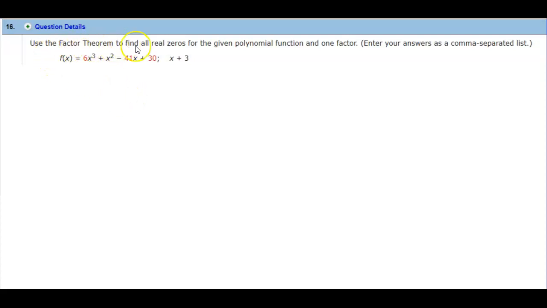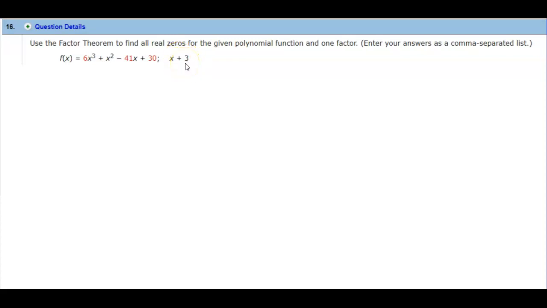Use the factor theorem to find all zeros for the given polynomial function in one factor, and then enter your answers as a comma separated list. So here we have the function f of x, which is equal to 6x cubed plus x squared minus 41x plus 30. And here we have x plus 3, which tells us that this is already a zero of the